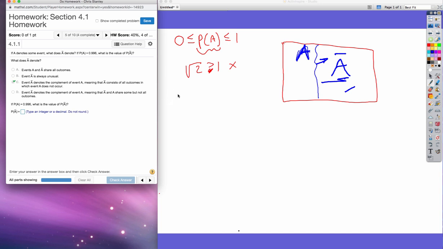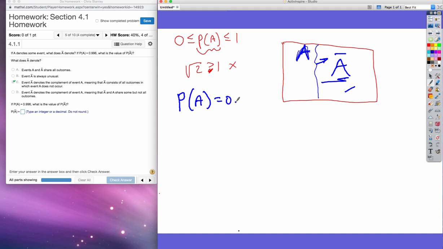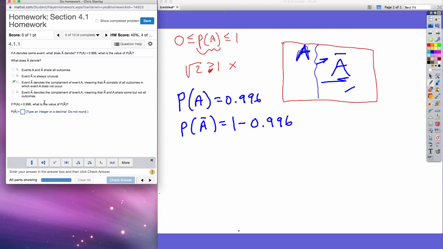They gave you a probability of A, which basically takes up pretty much everything. So to find the probability of A complement, you could just do 1 minus that. So you put that right in your calculator, and what you should get is,